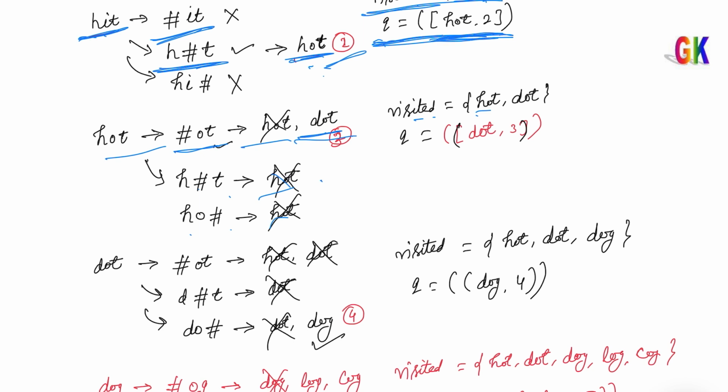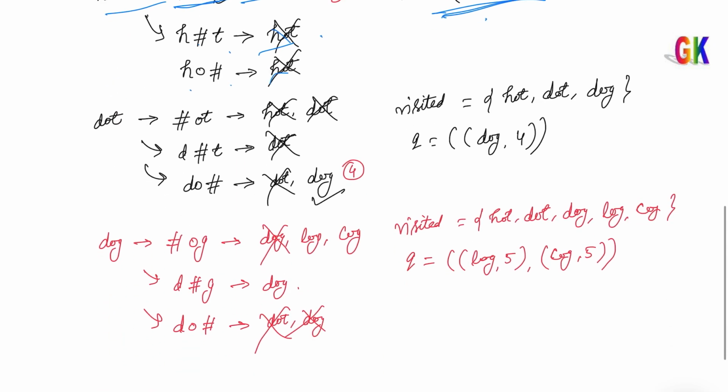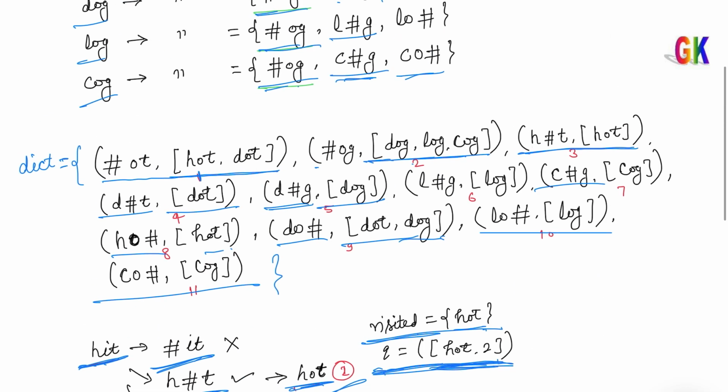We will push this dot now inside this queue, so the total number of word changes here, hit to hot to dot, is 3. So 3 steps already done. Now I will check for dot. So for dot there are 3 character changes. Then you can see here I will match inside this, hot and dot are there, so hot